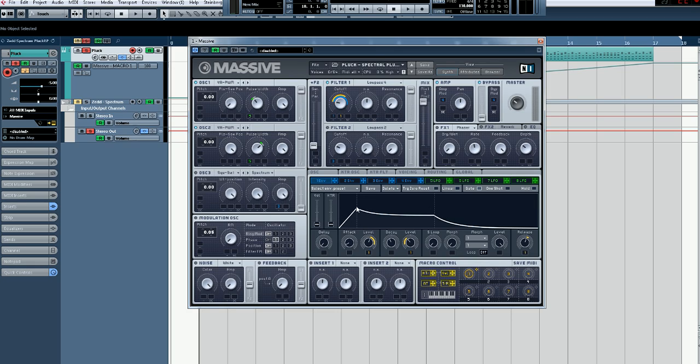So that's how you make a pluck. That's essentially what a pluck sound is: a brighter attack that then decays quickly to a duller sound. Now what these assignments tell me, this is again macro 1, is that when I raise macro 1, this